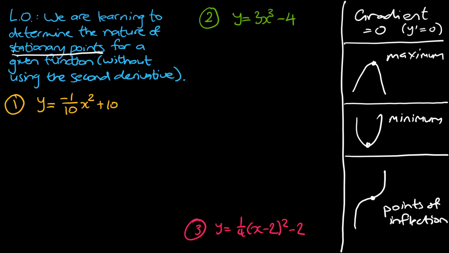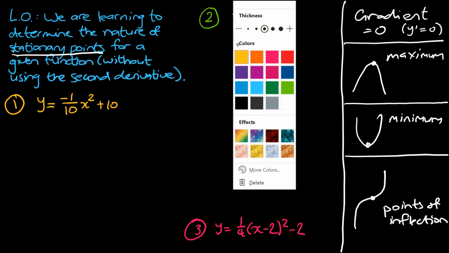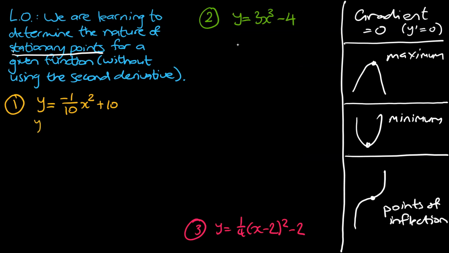Okay, so let's get into our first example. So I'm going to change pen colors. Let's get into the yellow one because we're doing the yellow question. Okay, so our first step, we want to differentiate to find our gradient function. So we're going to get times a by n, so the constant or the coefficient up front by the power. That's going to become negative 1 times 2, which is negative 2 over 10, times x to the power of 1, because 2 minus 1 is 1, but we're going to ignore that,